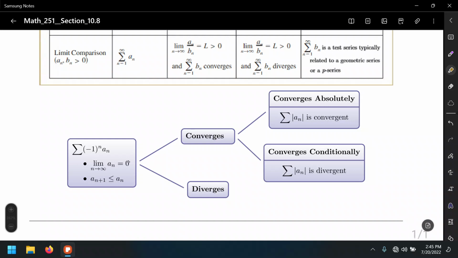And again, first thing we do, find the limit. If the limit is 0, well, then we're good. Second condition, non-increasing, then we're good. Okay, if both conditions are satisfied, for now it converges. Furthermore,